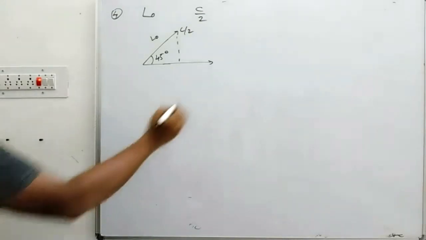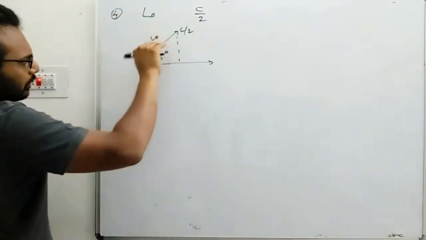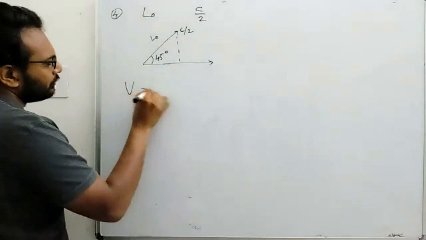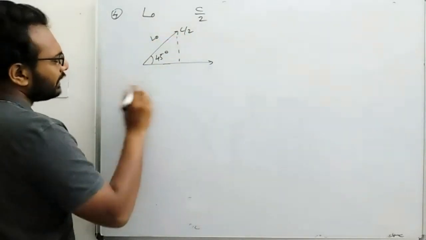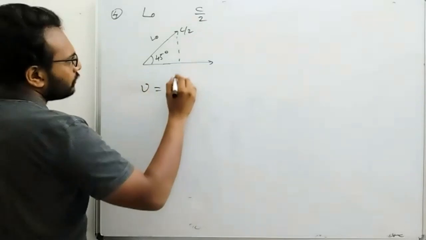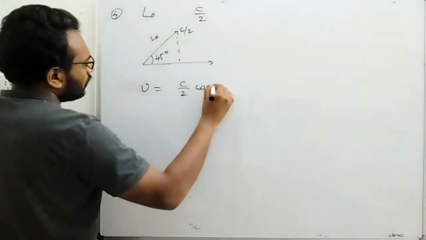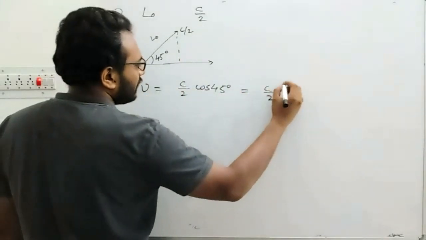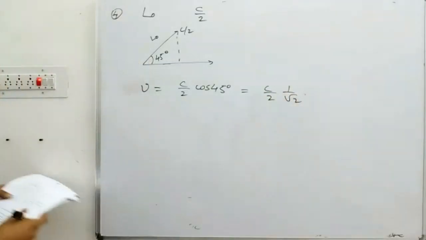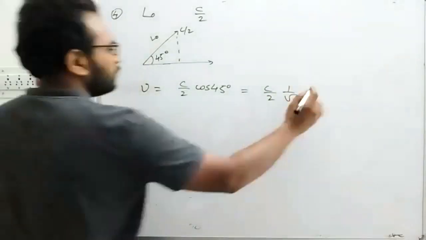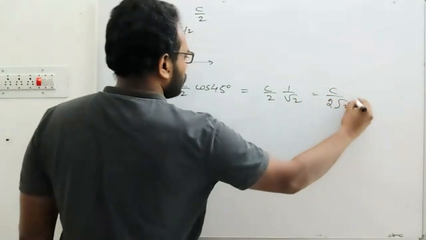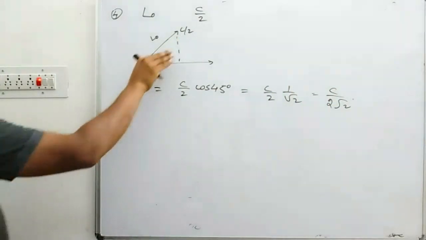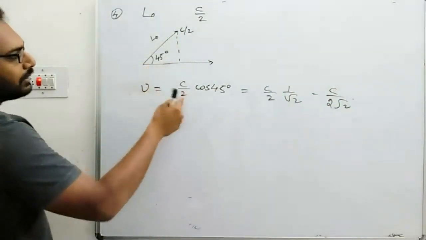Okay, so this is the observer. At what velocity is the rod moving with respect to this observer? The component of velocity we can write simply as v. We don't have so many velocities, so we'll simply write this as v. v is equal to c by 2 cos 45. We can write it vx if you want. That's equal to c by 2 multiplied by 1 by root 2, so that's equal to c by 2 root 2. So the observer says that the rod has a velocity parallel to its length, and the component of